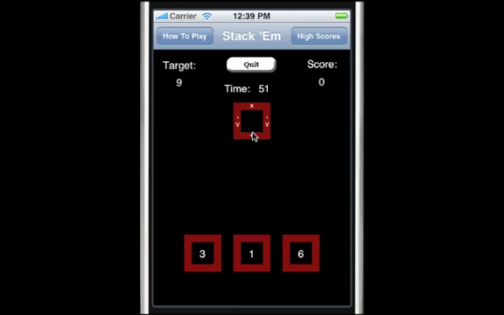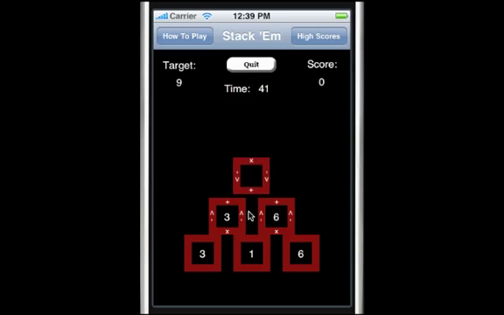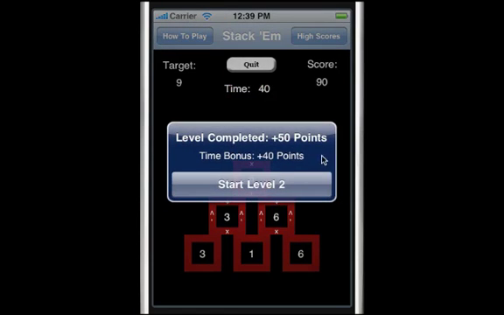I think I see how. The target number here is 9. And I'm just going to do 6 times 1 is 6, 3 times 1 is 3, 6 plus 3 is 9. Bam, there we go. And you notice at the end of the level, you get 50 points for completing each